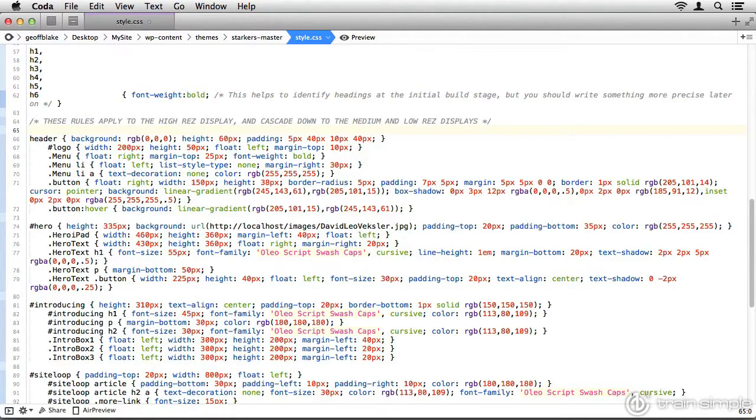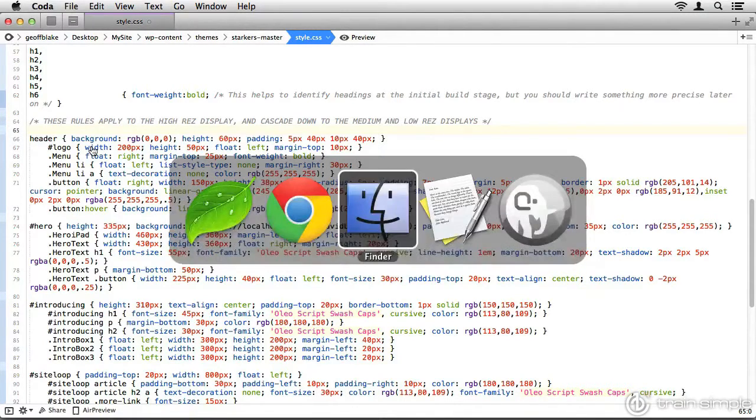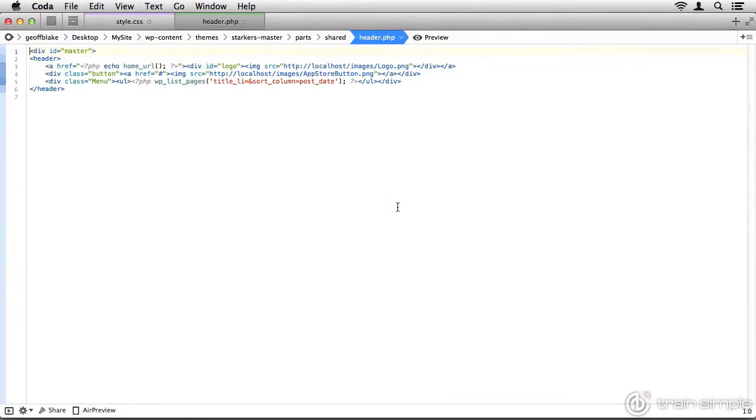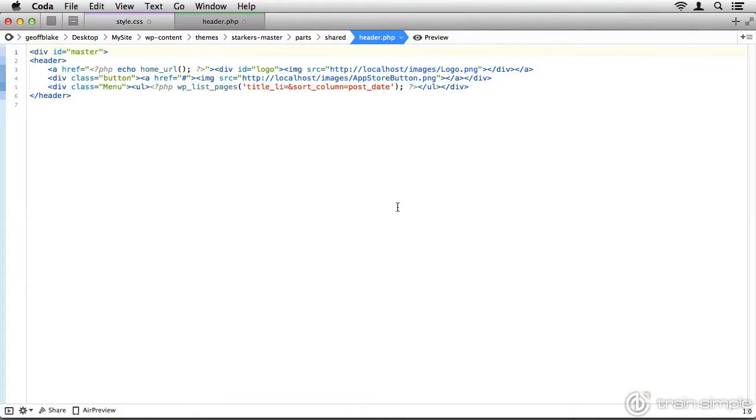Now, the next thing I need to do is make some adjustments to some of our PHP files. Give me a moment here. I'm going to head down to my Finder. I'm inside my theme directory. I'm going to head into Parts, Shared, and open up header.php inside your coding application.